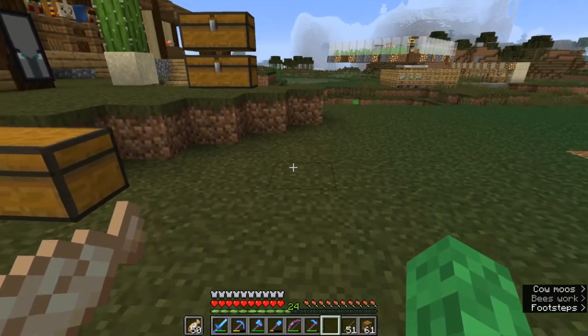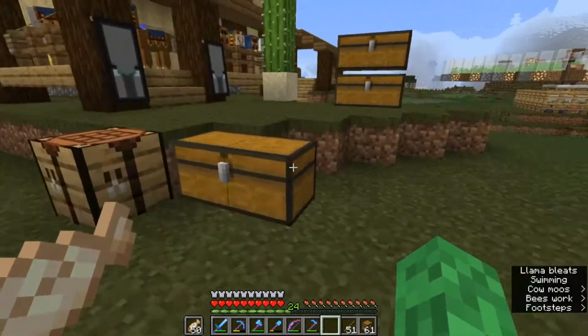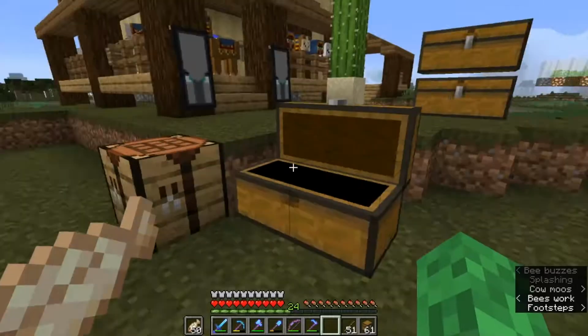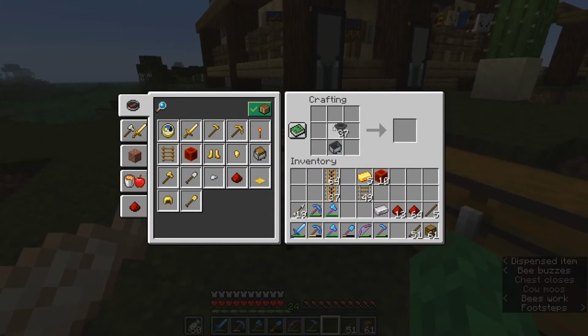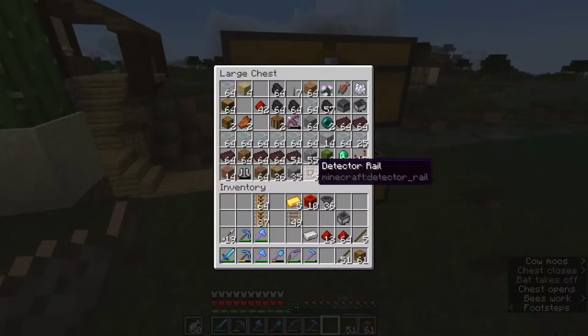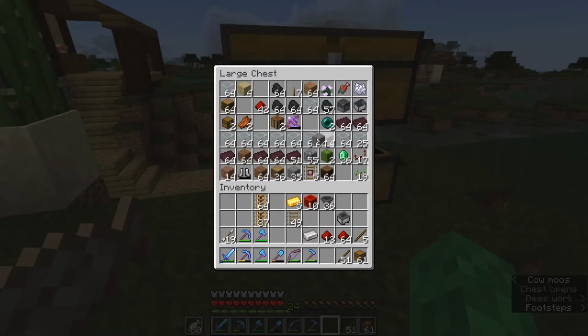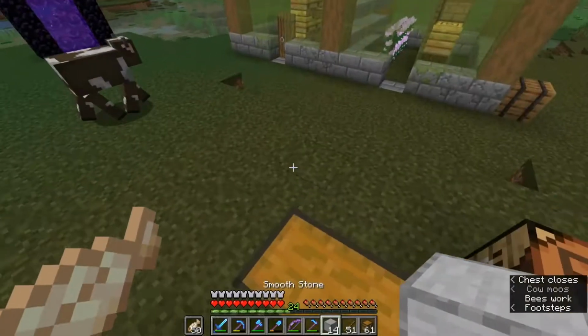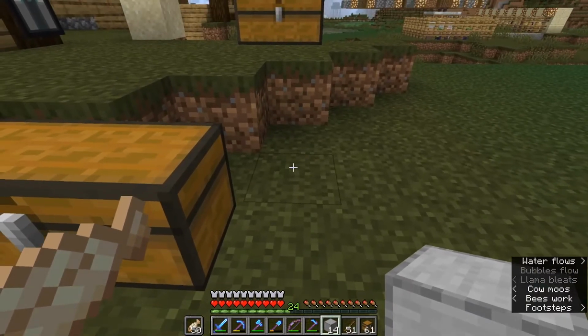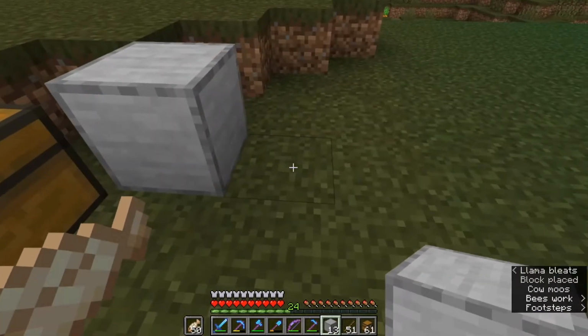So there's actually 2 ways I can do this. And you know what? I am going to do it the other way. Okay. This one will save me on hoppers. So what I need is this guy, and that guy, and a stone brick. I'll just make... you know what? We'll use this brick here. So what I need to do is this is going to be one end. Yeah. And then we're going to go